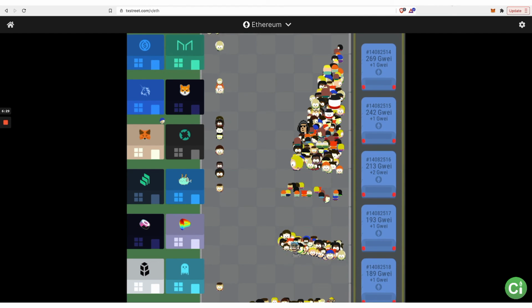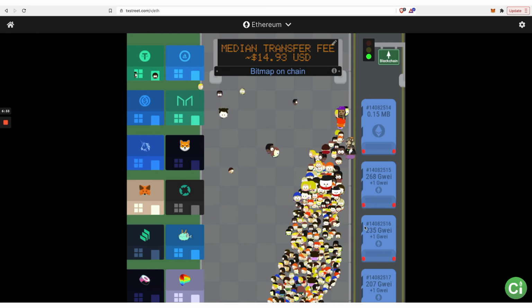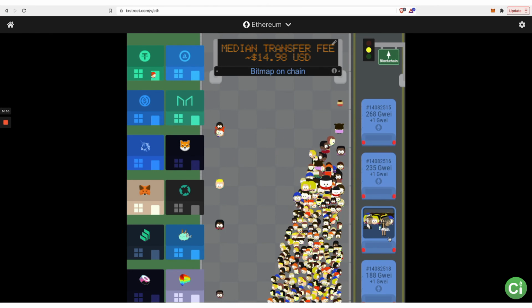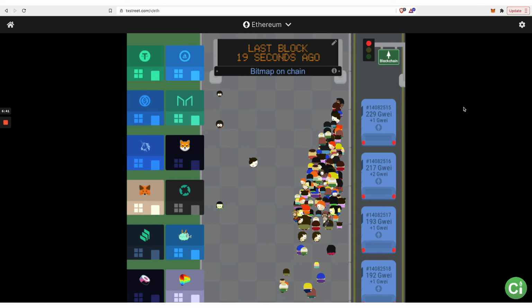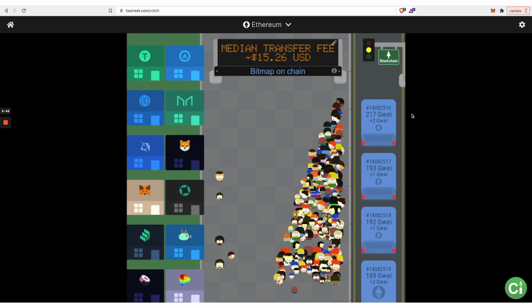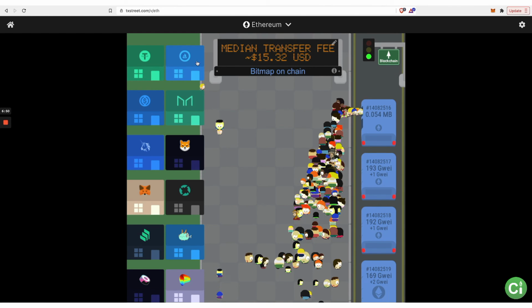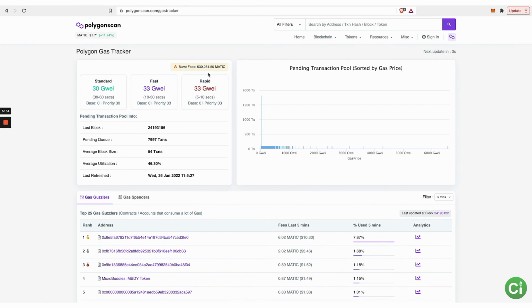Now the problem with that, if you're doing any of the simple strategies, is that if you bid too low and you have to wait for the transaction to go through, then the pricing can change and the transaction won't go through, which means you will pay a gas fee for a transaction that gets rejected, right? And so since it's more important to get your transaction to go through, if it's on the mainnet, I recommend this txstreet.com. If it is on Polygon, which is where the majority of CiMPLE lives, then you would want to use this website,